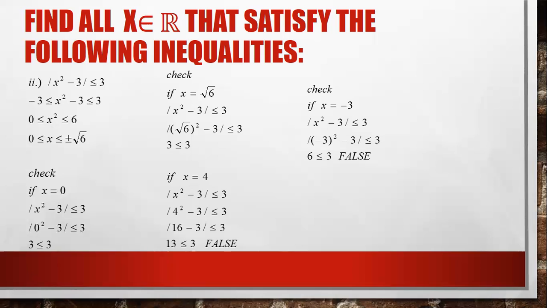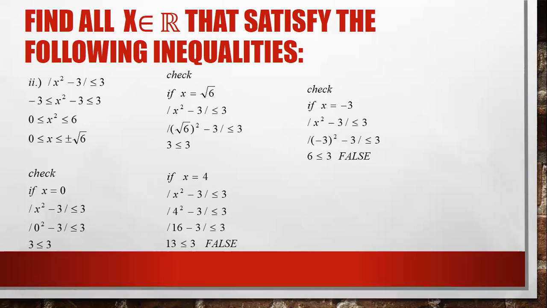So let's have another problem. What if our x is less than negative 2? Why is it less than negative 2? Because the square root of 6 is just a positive 2 point something, and negative 2 point something. So we can also say that negative 1 and negative 2 satisfy this problem.